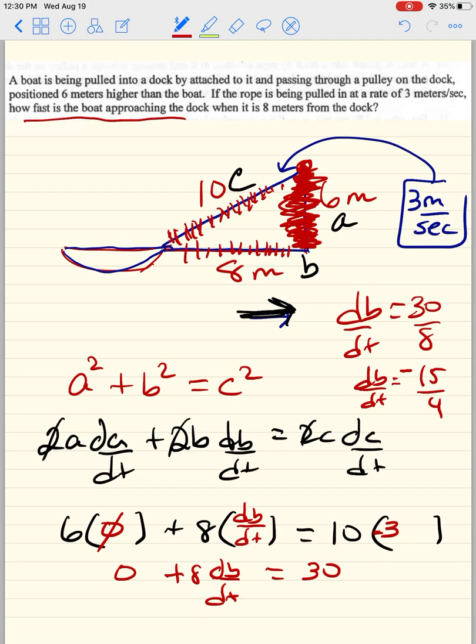Once again, the height is not changing, and therefore the rate that the height is changing is 0. This bottom is going to be changing because the boat keeps changing positions and the rope keeps getting shorter, and therefore dB/dt and dC/dt stay in, and dA/dt gets a 0. Okay, that's how we